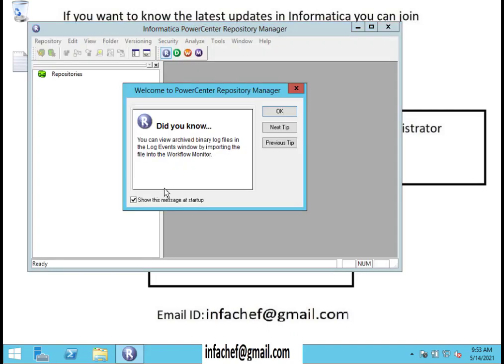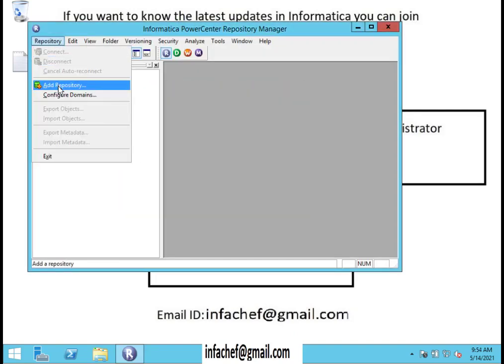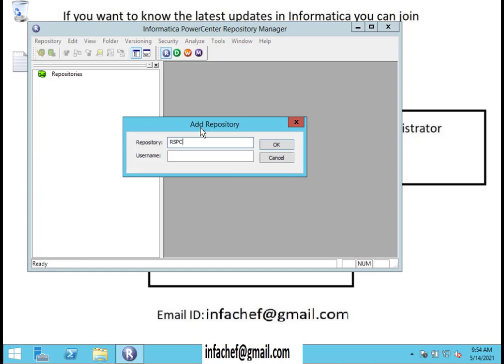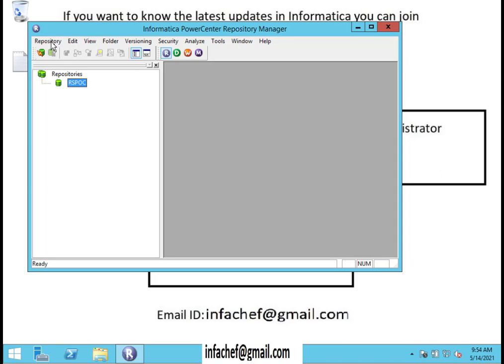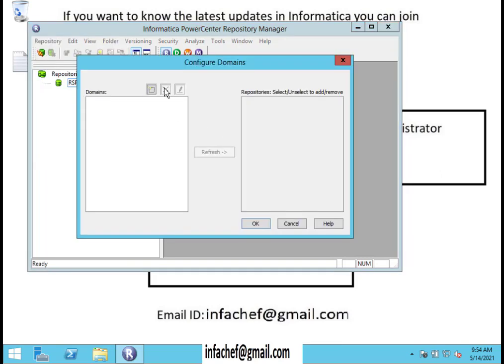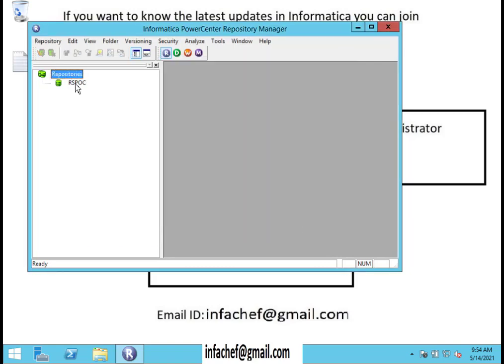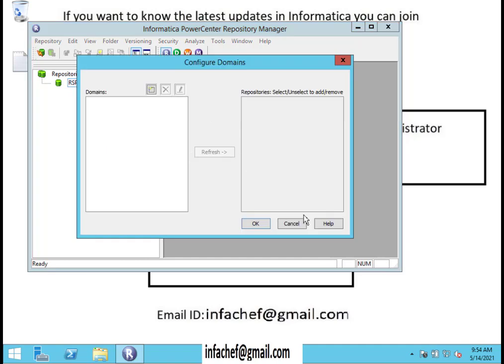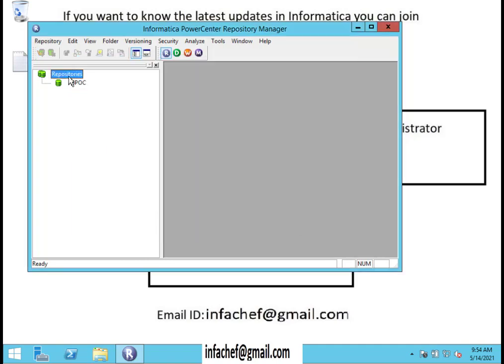So let me open one client too, and we'll see whether our environment is able to connect. RSPOC is the repository name, and I'll be giving something, okay, and I want to configure the domain. So I'll be adding a domain. Why is it not allowing me to add it?